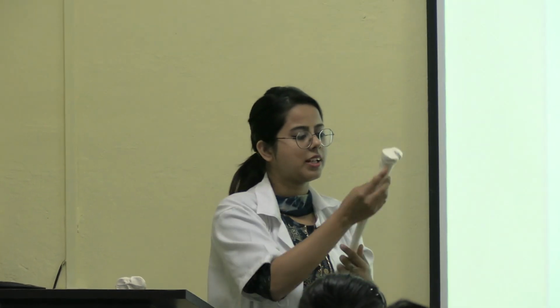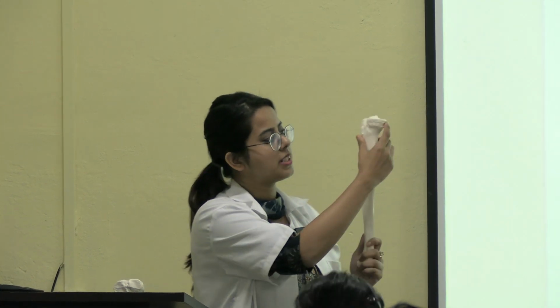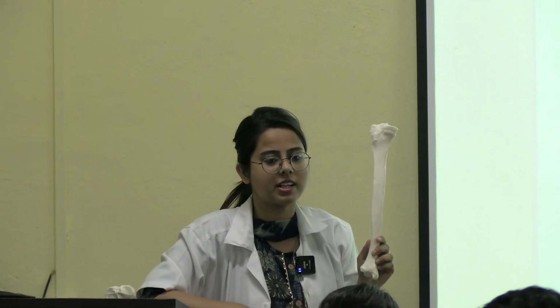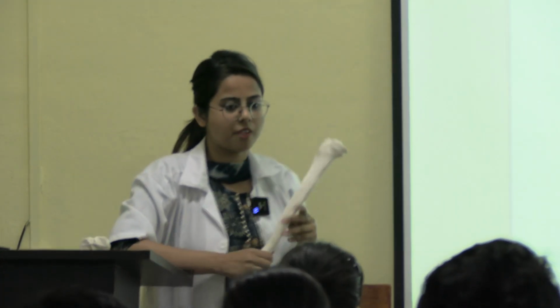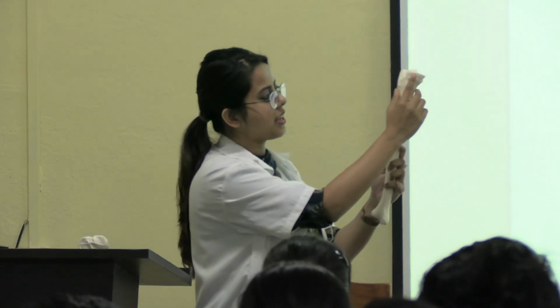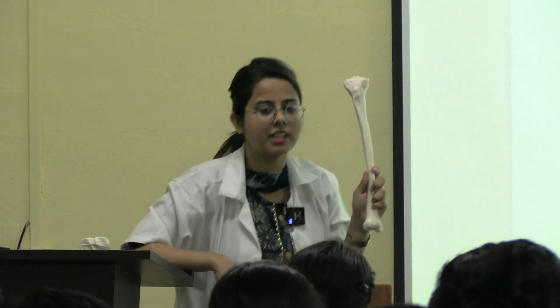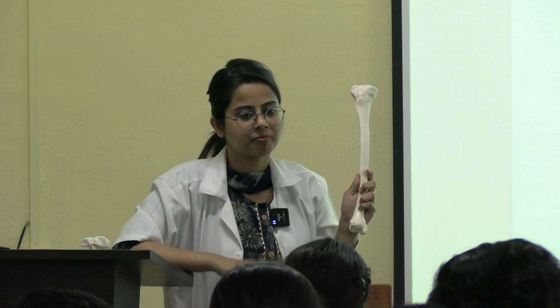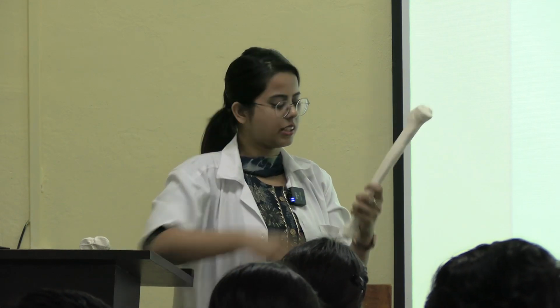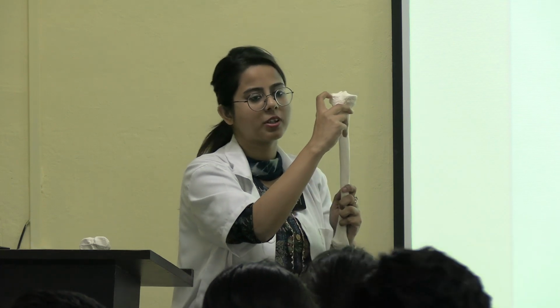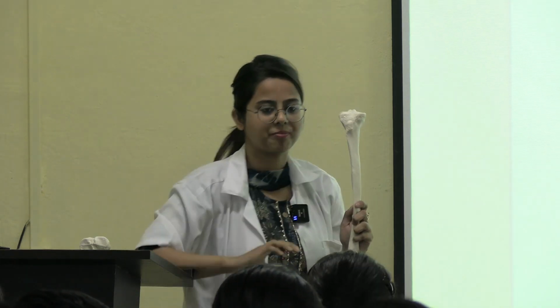Clear? Now, in case of medial condyle, this medial surface and anterior surface will also have medial collateral ligament, or tibial collateral ligament. Okay, I will show you later. There is one picture I will show you. So, medial surface and the anterior surface of this medial condyle will also give attachment to medial collateral ligament. Okay, and in case of lateral condyle, the anterior surface will have one small tubercle which is known as Gerdy's tubercle.